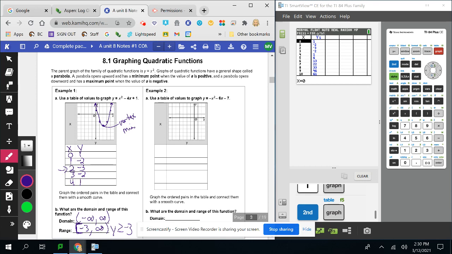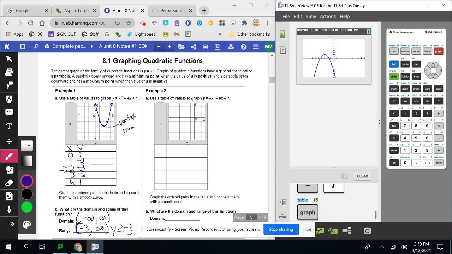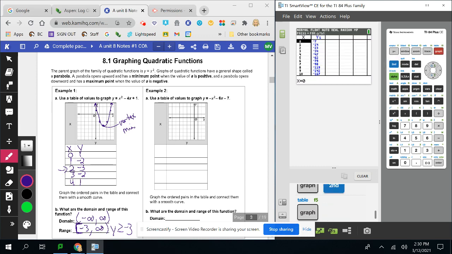Now we're going to graph our next one. Again, I go to y equals, clear that one out, and enter -x squared minus 6x minus 7. We take a look at it, and you can see that this one goes down. Then I look at my table, and I'm looking for where it changes. As I go up, the values are getting bigger. Oh, and now they start to get smaller. I want to make sure I include that turning point, the vertex, in my graph. So I'm going to start with -5, -2; -4, 1; -3, 2;